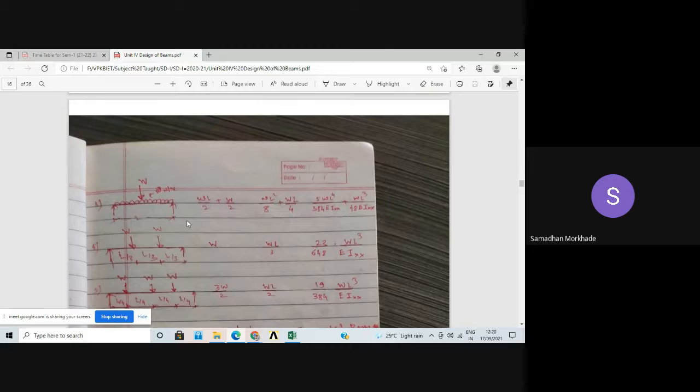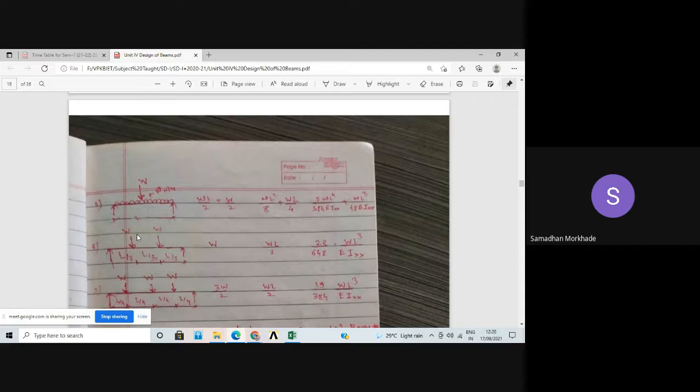Because we have to design the beam, there will be either a simply supported beam or a cantilever beam. Here I have not covered the cantilever beam, but you can calculate the shear force, bending moments and deflections for cantilever beams subjected to UDL and point load, and simply supported beams subjected to UDL and point load. And in our exam, there will not be design for a fixed beam, because deflection calculation will not be the criteria here.